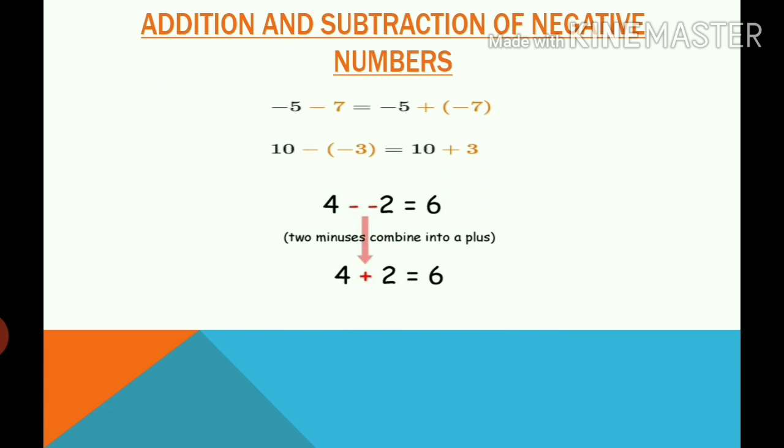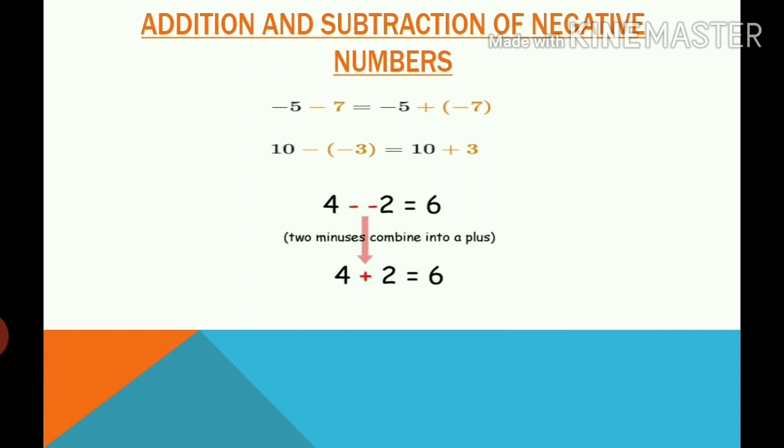Here you can see minus 5 plus minus 7. See the right hand side. Minus 5 plus minus 7. Plus and minus signs are coming together, so you will multiply them. Plus minus is minus. So it will become minus 5 and minus 7. Minus minus is plus. It means that you will do the operation of addition. And when you add 5 and 7, you will get 12. Okay, so 12, and you have to write the sign of the bigger number which is minus. So minus 12 is your answer.